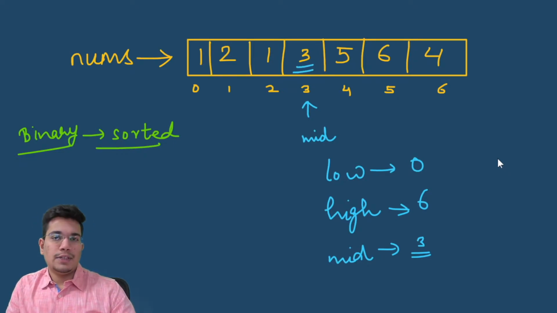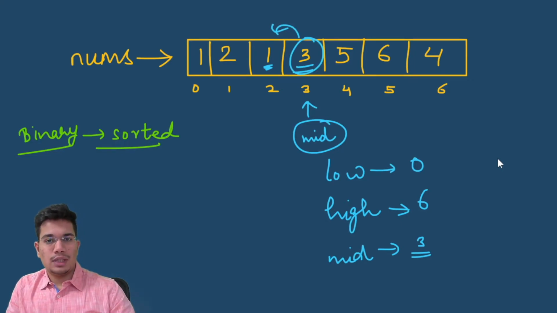The first thing we do is try to find if this mid value is our potential peak element or not. For mid to be a peak element, it needs to be greater than its immediate left and immediate right elements. So we'll first check if this is the first element or not. It's not the first one, so there's something towards its left. Now we check if it is greater than whatever is towards its left, and 3 is greater than 1. So this condition is fine. Similarly, we check for the right. Is 3 greater than 5 as well? No, it's not. So this mid cannot be my peak element.